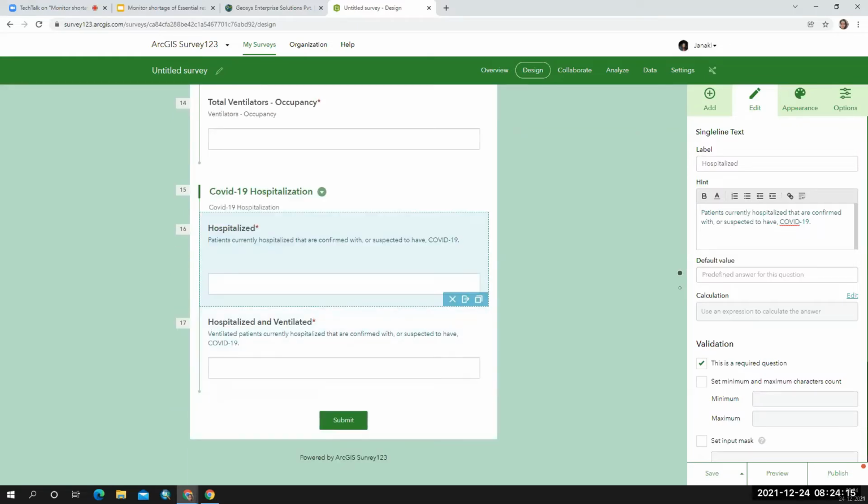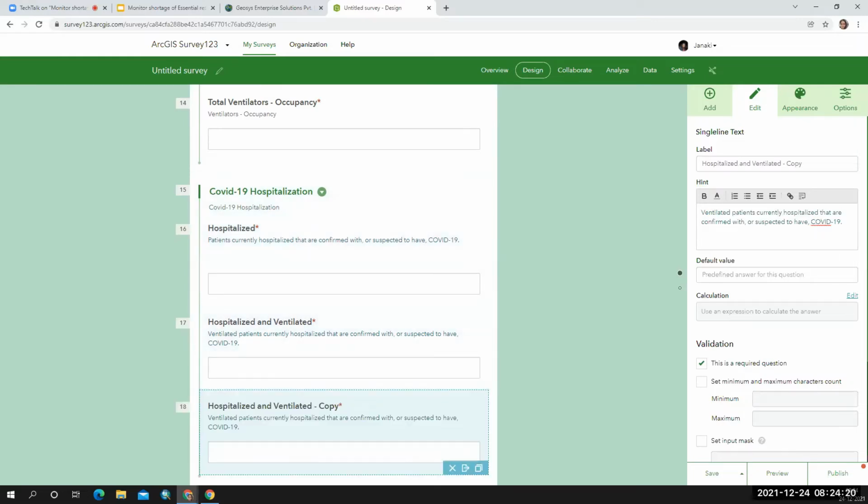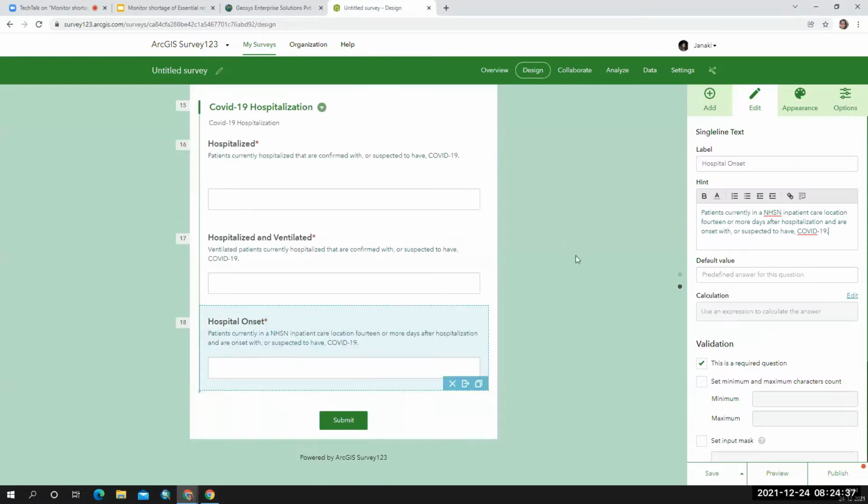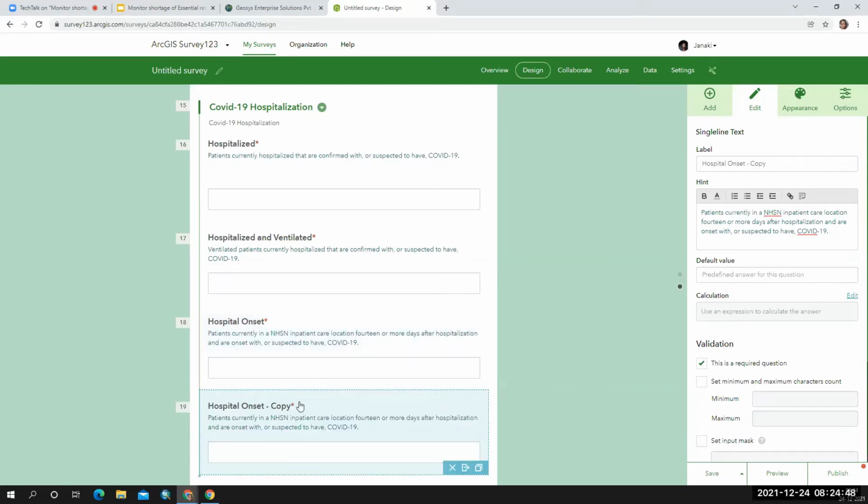And patients on set, which means that patients which are there in the hospital for more than 14 days. And the deaths in the hospital.